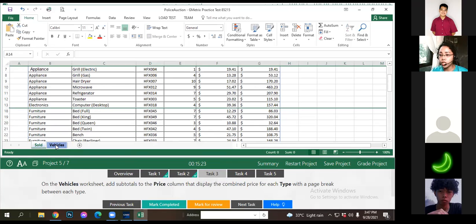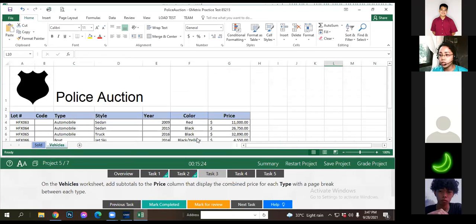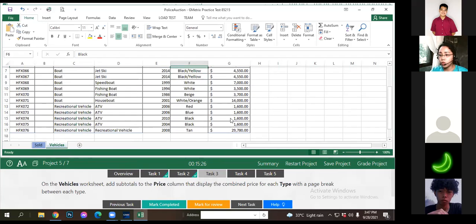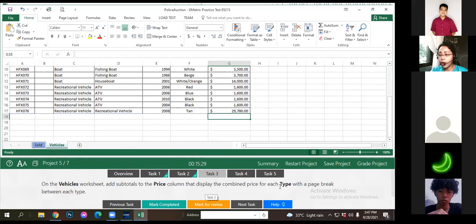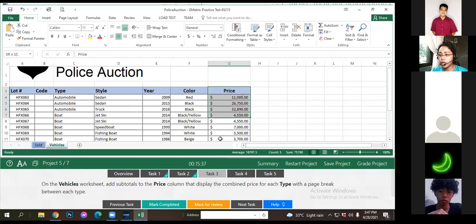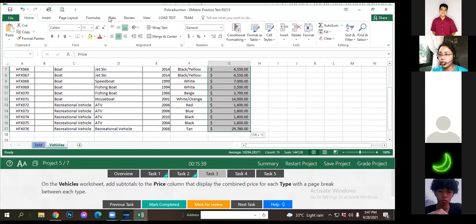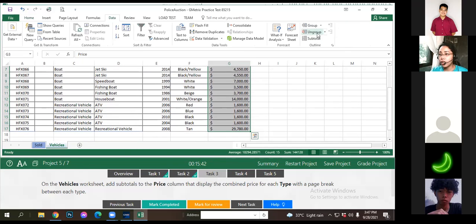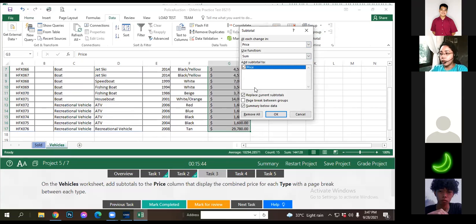Task 3. On the vehicles worksheet naman, add the subtotals to the price column that display the combined price of each type with a page break. Table ba to? Ito na nga. Data. Subtotal. At each change in